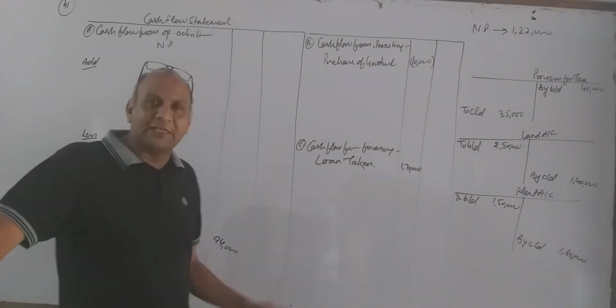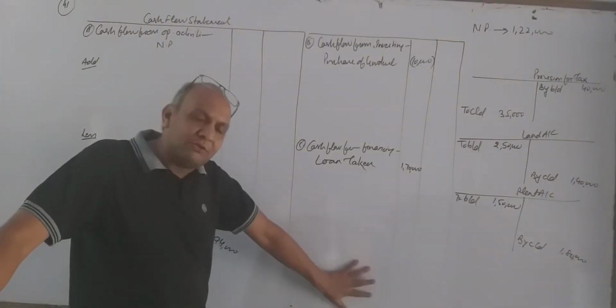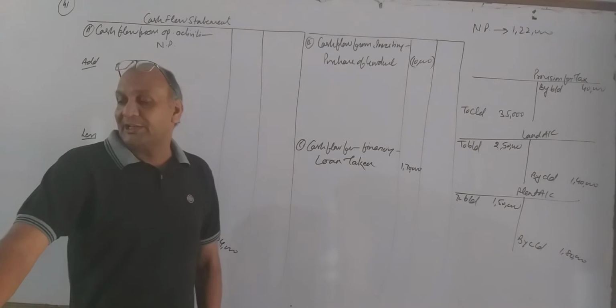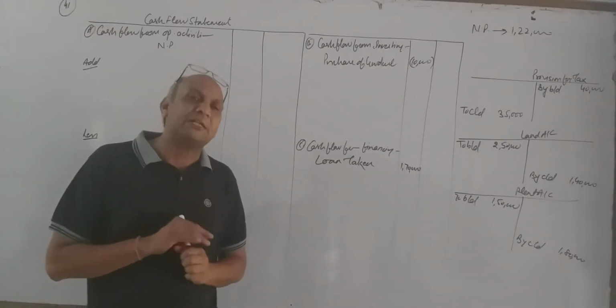Current assets that are increasing are to be deducted. And the last item is cash and bank, again we are going to do at the end. Now let us come to the adjustments. First adjustment, gain on sale of land, 30,000.